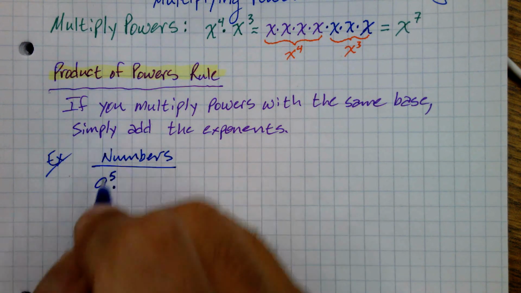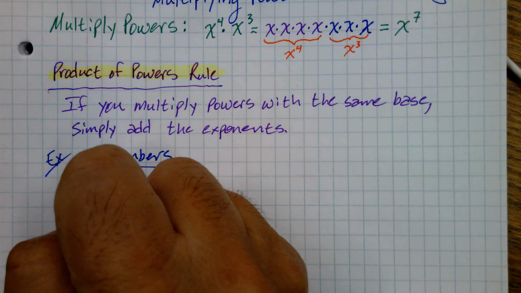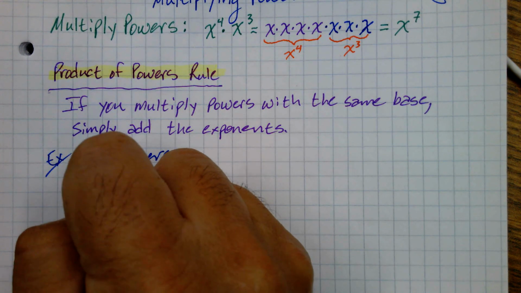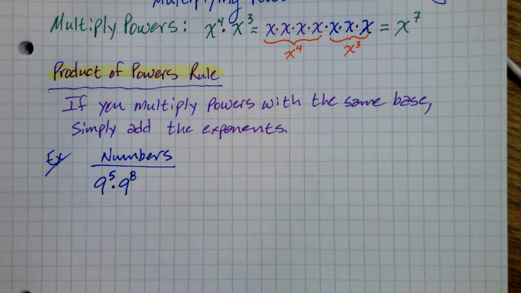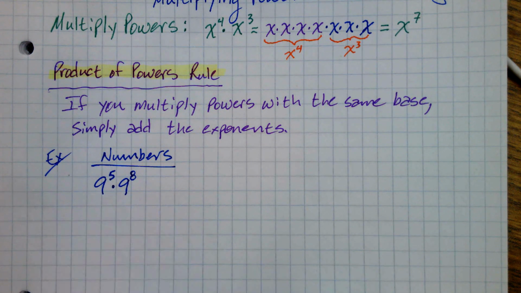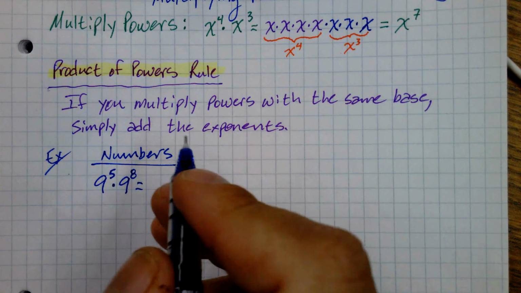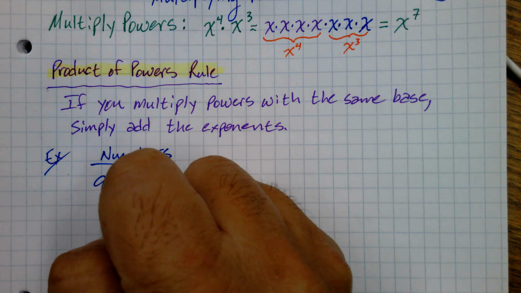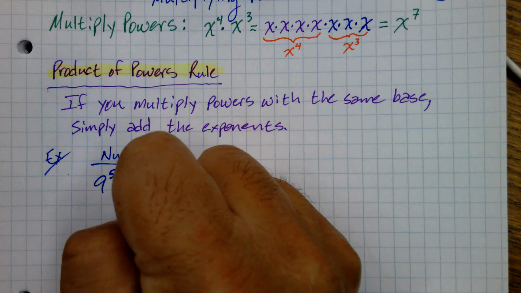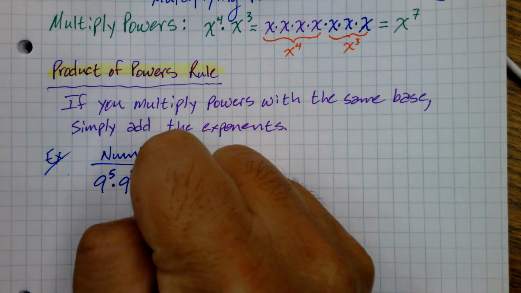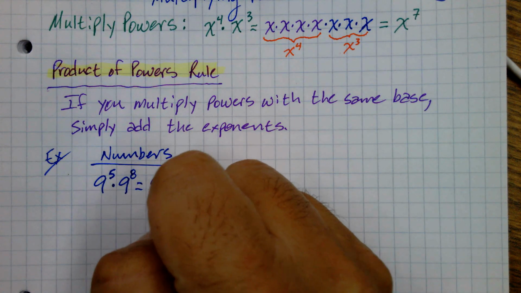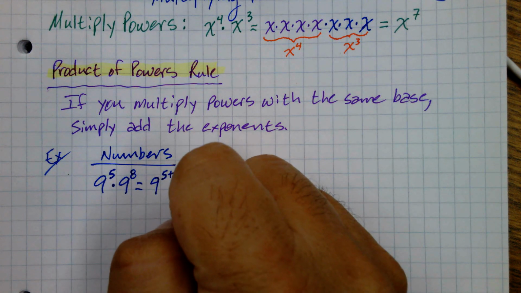I multiply it with 9 to the 8th power. First thing we've got to check, do we have the same base? Yes, they're both 9s. So I'm allowed to add the exponents. 5 plus 8 is 13. Since this is our notes, we want to be thorough, which is 9 to the 13th